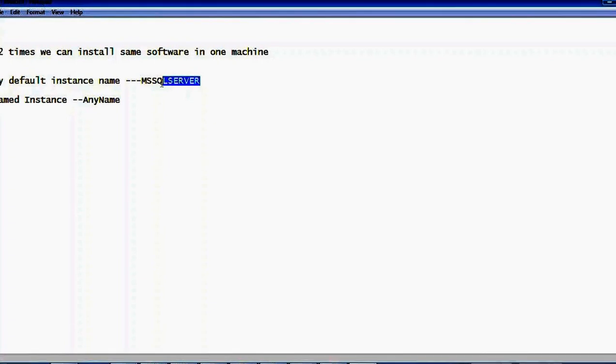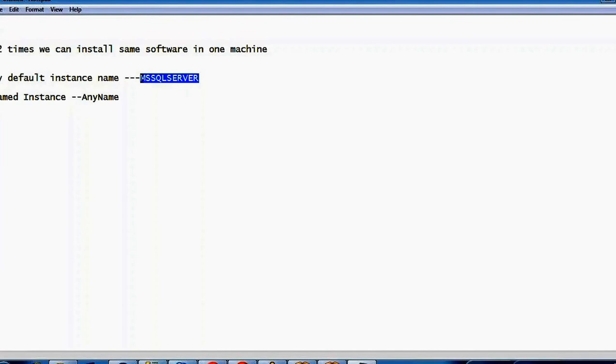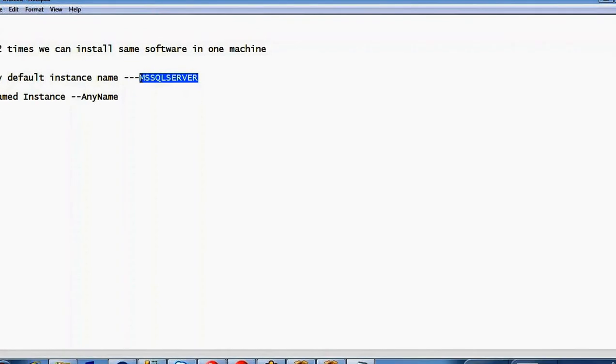By default the instance name is MS SQL Server. From the second time onwards, up to 32 times, you have to give a named instance. You can give any name. Why do we give this instance name? You are installing the same software 32 times. If you do not give different names, how are we going to differentiate the installations? That's why we give a named instance.